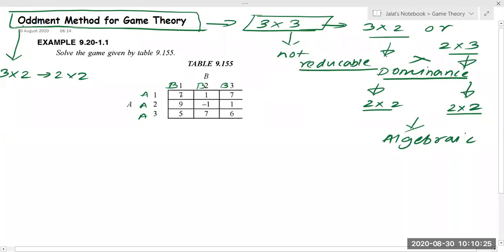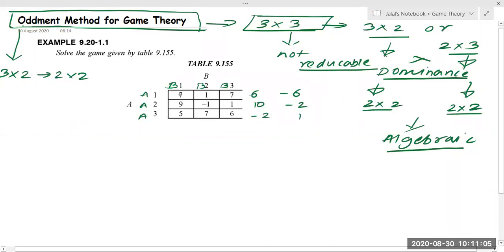Now we have to take the difference of the first and second column. 7 minus 1, 6. You have to write it here only, not like the algebraic method, where we used to write the sum at the opposite corner. In this method you write 7 minus 1, 6. 1 minus 7, again write minus 6. Don't change the sign. Then 9 minus of minus 1, 10, because 9 minus of minus is 9 plus 1. Minus 1 is minus 2. Next 5 minus 7, minus 2. 7 minus 6, 1. I've got all the values.